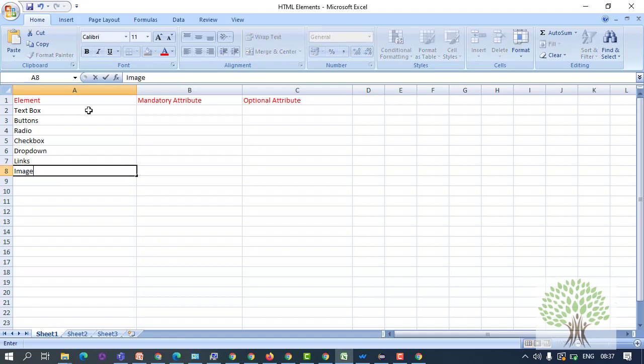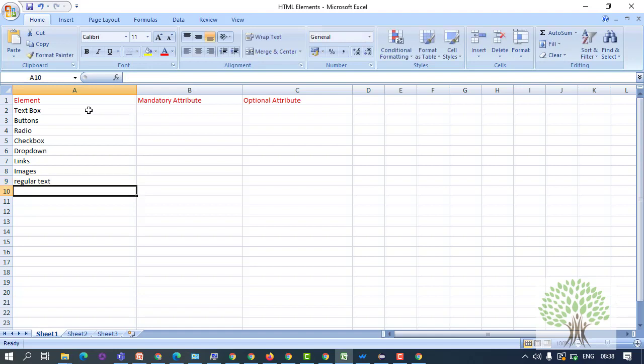We have got images. We have got regular text, the normal text which is written. Though that is also there. So these are the different HTML elements with which we will be dealing, the majority of them, which are normally visible to the human eye.